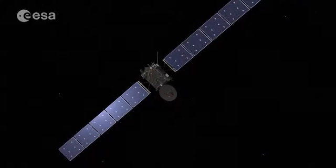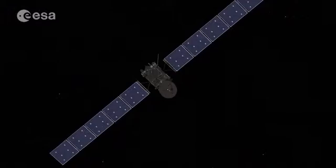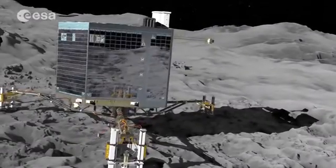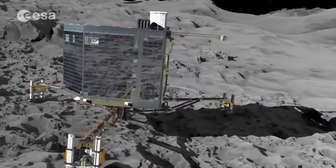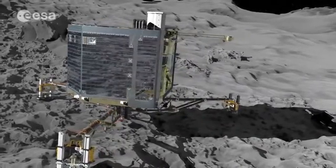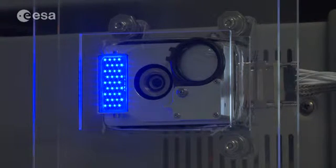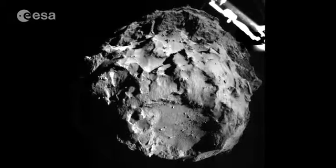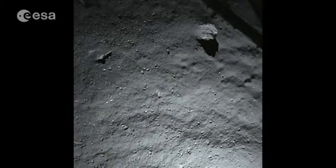As the Rosetta orbiter continues its science mission, the lander's future is less certain. Although Philae recently sent signals from the comet, it's unknown if there will be any more science ahead for its 10 instruments. This camera is exactly the same as one of them, the ROsetta Lander Imaging System, or ROLIS. Located beneath the lander, it took the descent images to the comet in November, and now has a bird's-eye view